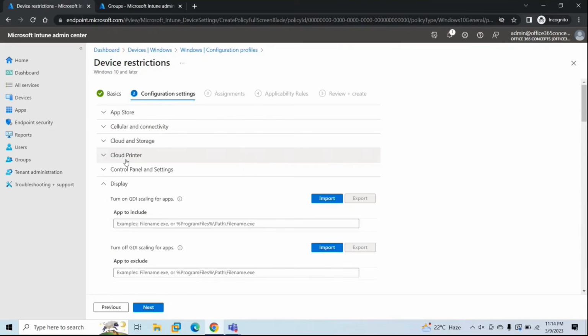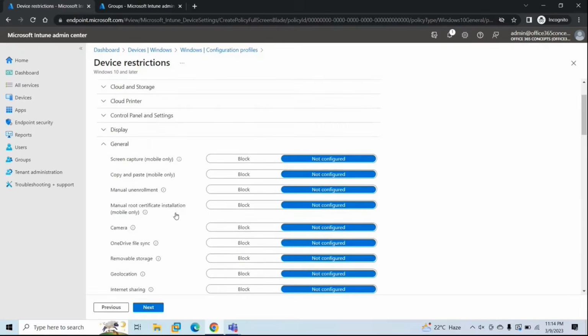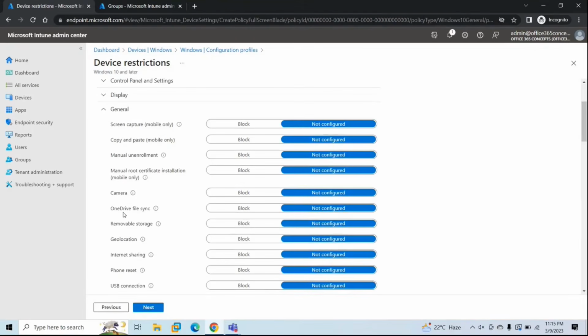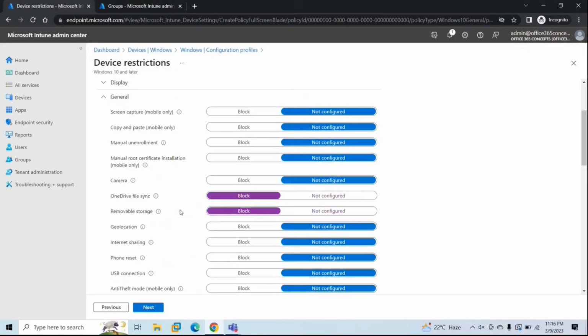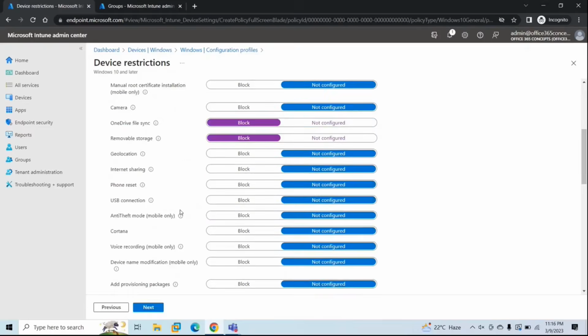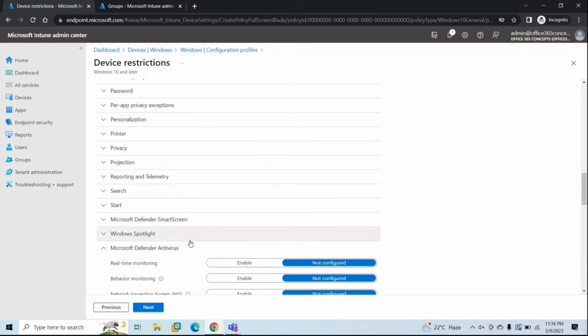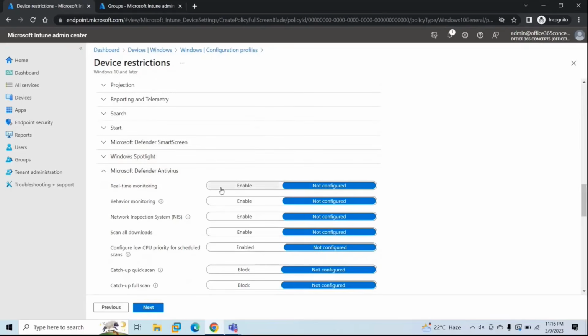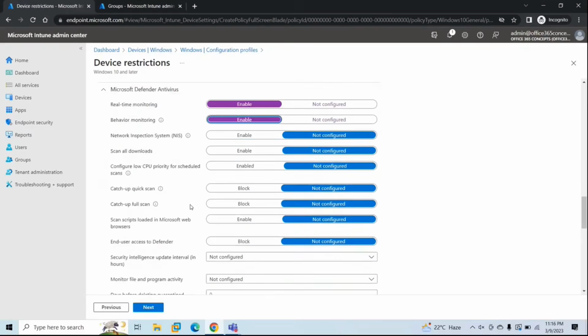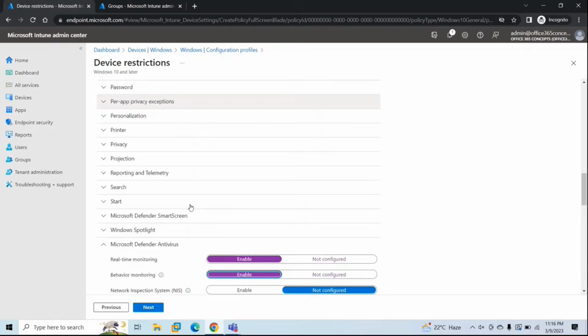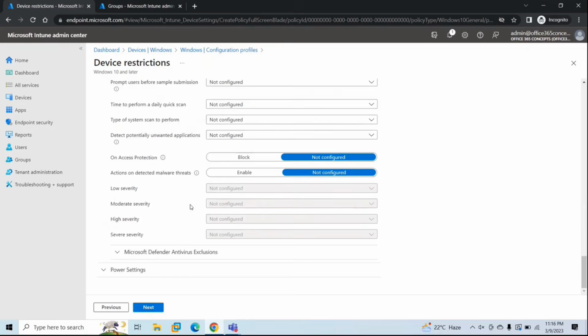So for this particular demo, I'm going to use General, and under General, I'll disable OneDrive file sync, and I'll block removable storage as well. And apart from General, I will make some changes in Microsoft Defender antivirus. I will enable real-time monitoring and behavior monitoring. So as per your requirement, you can check all these settings, and once you have made the changes, you can